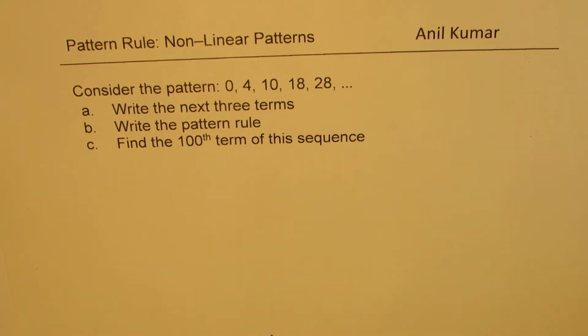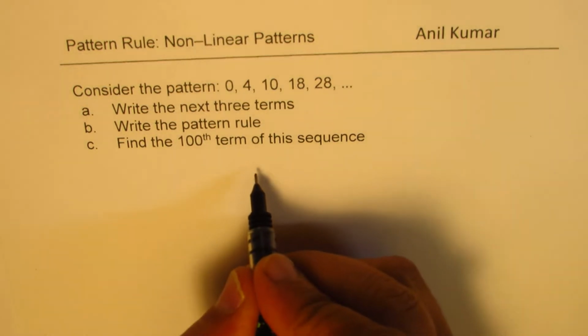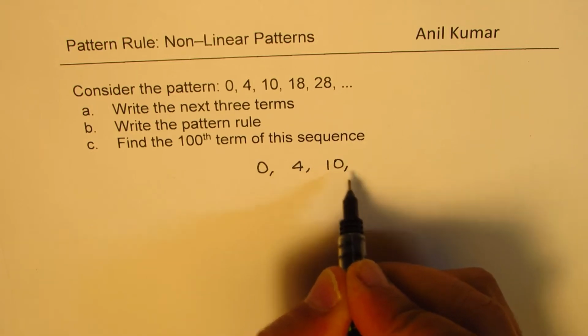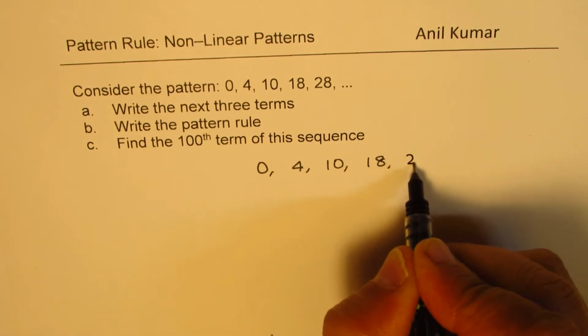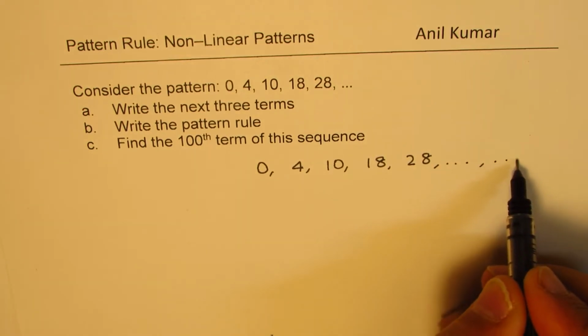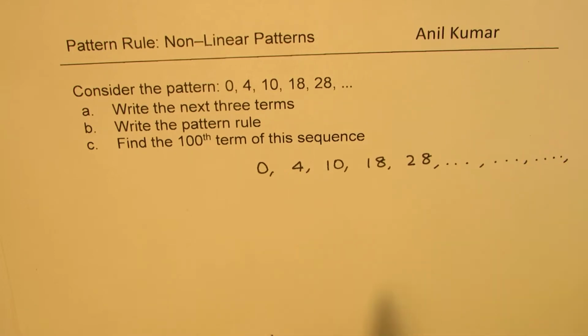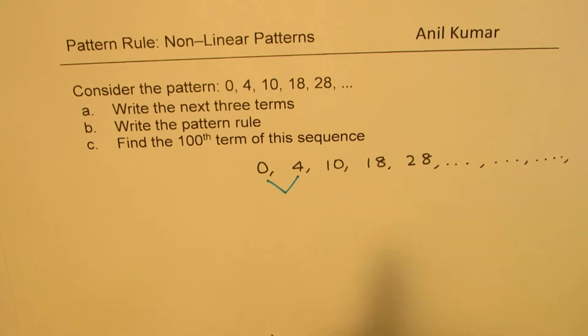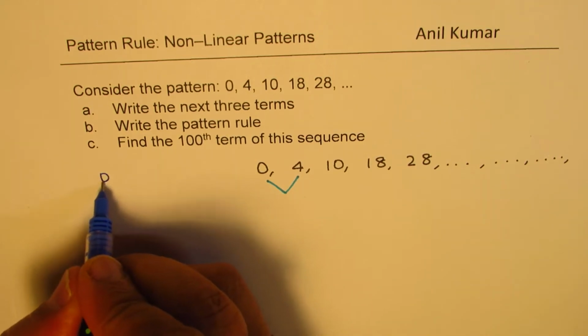You can always pause the video, answer this question, and then look into my suggestions. So let's begin with the pattern itself. The numbers given to us are 0, 4, 10, 18, 28, and so on. We need to find the next three terms, right? So that is the first exercise. Now always when you have a pattern, it's a good idea to find the difference, right? So the first step here is to find the difference